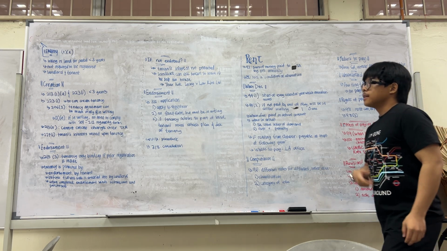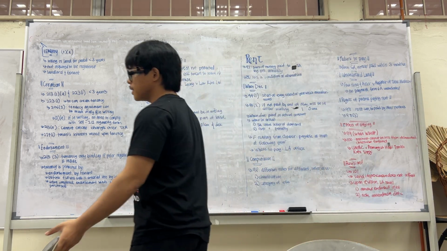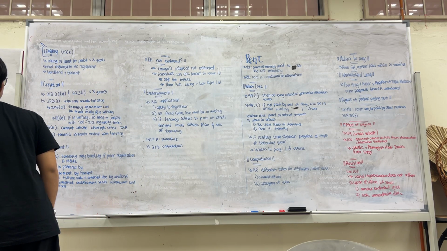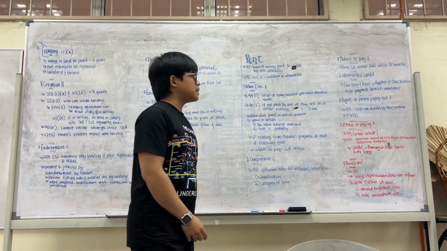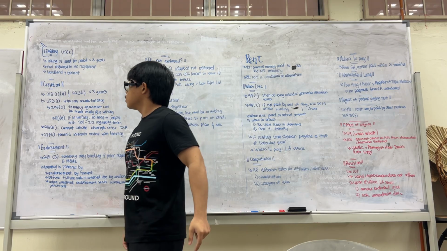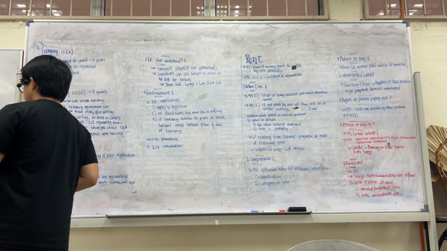So, in the last video, we covered the two types of dealings, which are transfer as well as lease. Now we're going to cover the third type of dealing, which is tenancy, as well as another topic, which is rent. So, without further ado, let's go. First, tenancy. What is tenancy?